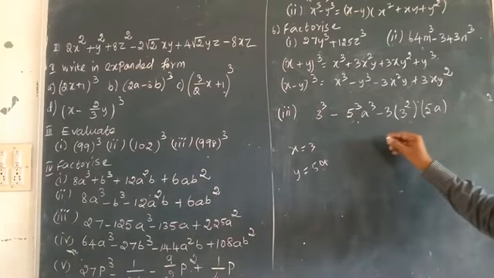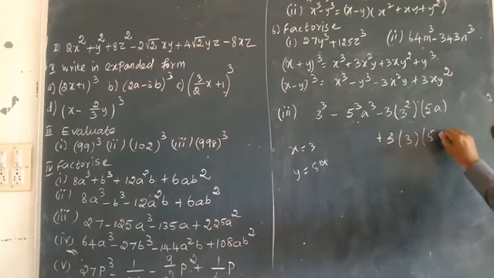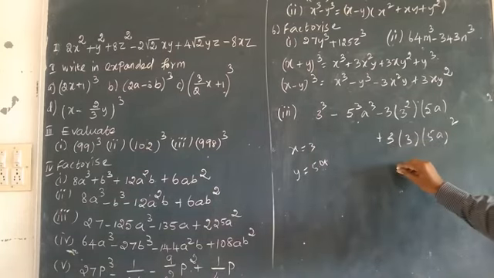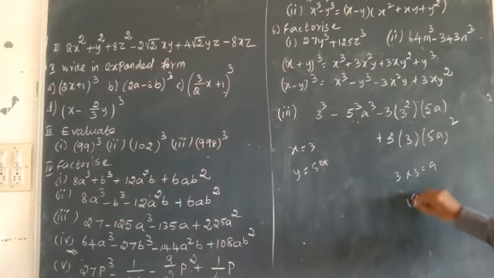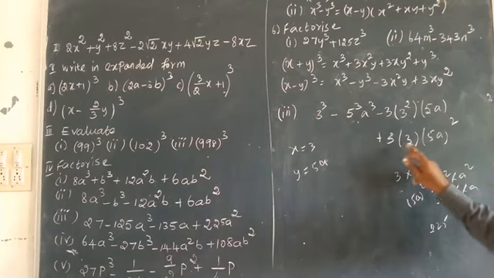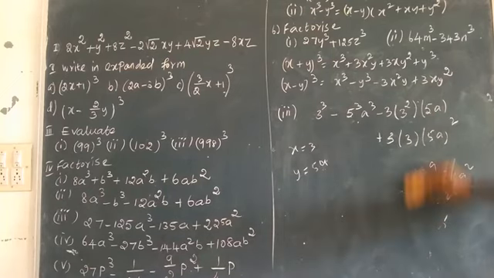Next, plus 3 into x. You have 3. In the place of y you have 5a the whole square. Check with your number. 3 squared is 9. Here 5 into a, that is 5a the whole square. We can write 5 squared into a squared, so here 25 into a squared. The numbers 9 into 25, 225. 9 into 5 squared, so 225 is there. So you can write this thing.